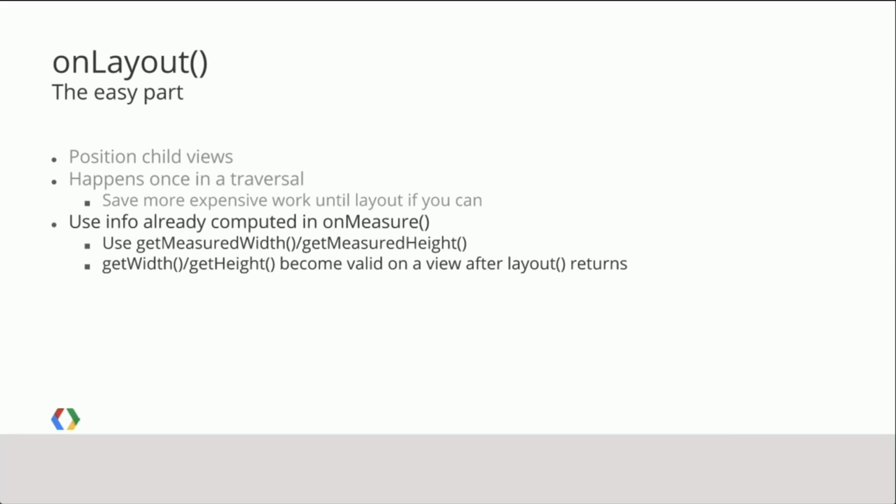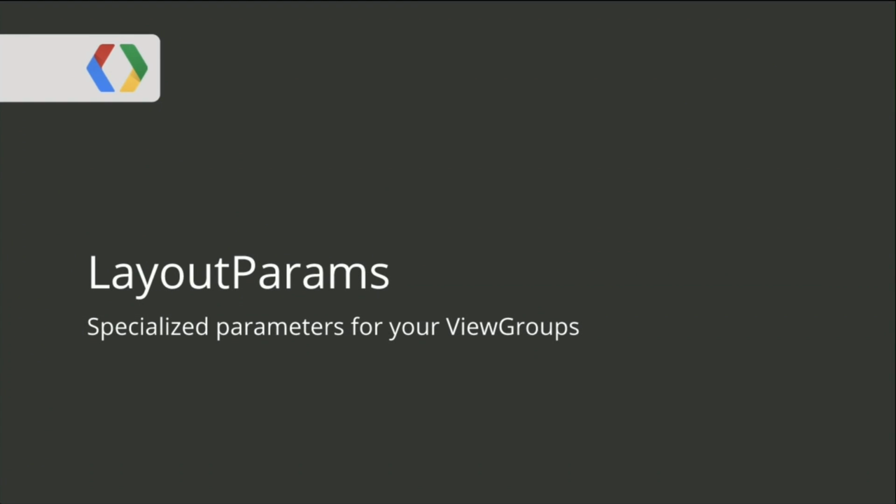So this two-phase measurement and layout means that you'll often want a way to get at some of the data that you've already computed in measure so that you don't have to compute it twice. getMeasuredWidth and getMeasuredHeight are always there for you to use for this purpose, but sometimes you need to have more info than that. You'll want a way for child views to communicate extra configuration data to your layout code in general, such as gravity, for one example. We're going to talk about layout params, but just before we get started,